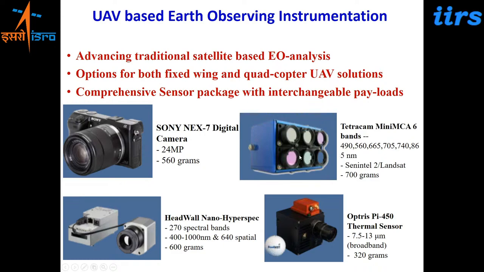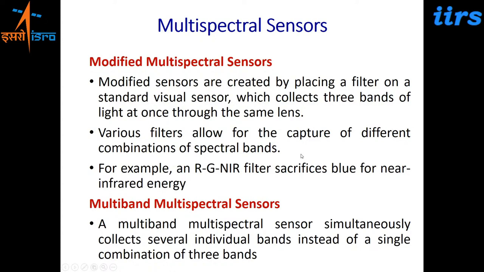Now, with multispectral sensors, there are two ways multispectral information can be collected on a drone. If you want to go for a low-cost version, then you have a version called the modified multispectral sensor. Basically, it is a lightweight RGB 3-band camera, but you apply a blue filter to it and collect the data in the near infrared band. So this is much lower cost, and a very, very low weight sensor can be obtained. You can get it from the market at a low cost.